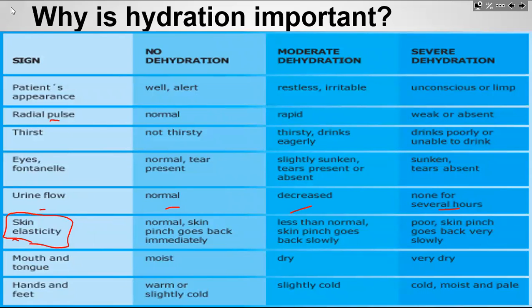You're all pretty well hydrated. If you were dehydrated, it would stick up, and when you let go, it would still be up for a bit. It's not going to be like Play-Doh where you can mold it, but you'll see a noticeable lag in returning to its normal place. That's because there are no fluids, or a reduced amount of fluids, to keep that elasticity.